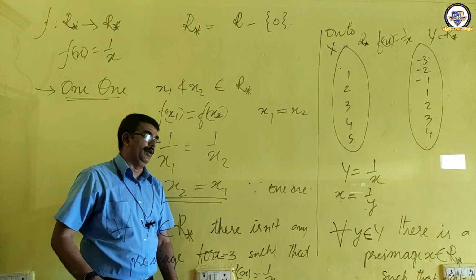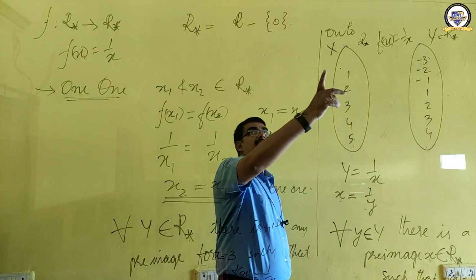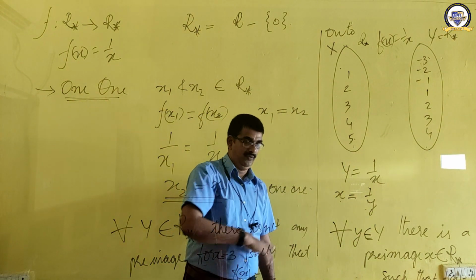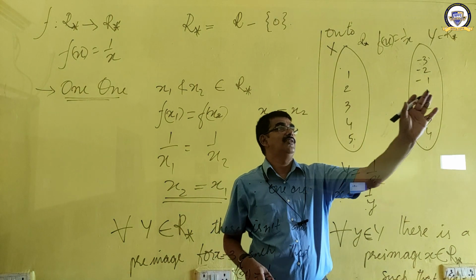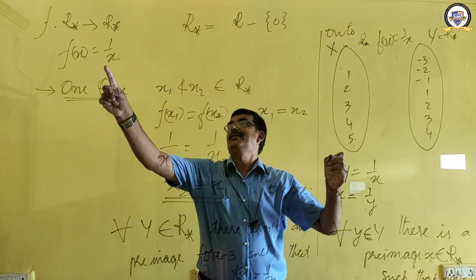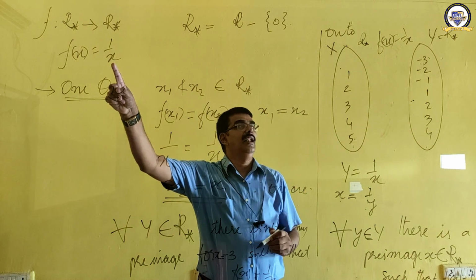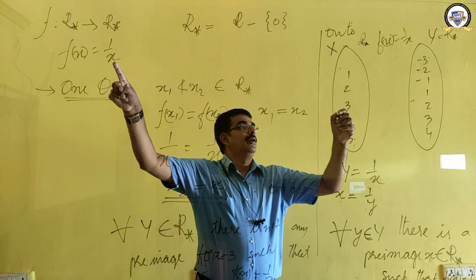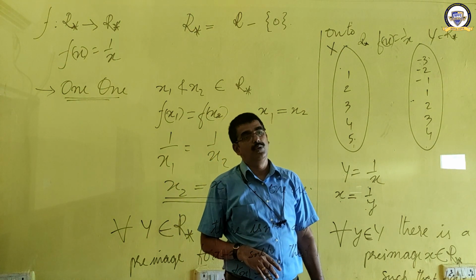So the second part is also over now. If you replace it with natural numbers, it is not onto. If it is real numbers excluding 0, then of course it is a bijective one-one onto function. It is one-one if the domain is natural numbers too. If x is equal to 1, 1. This way, x is equal to 2, 1/2. 1/2 is part of this y, because this is real numbers. And if x is equal to 3, 1/3 must be here. So it is a one-one function, but it is not onto. Are you clear, everybody? Then we will go ahead with the next question.